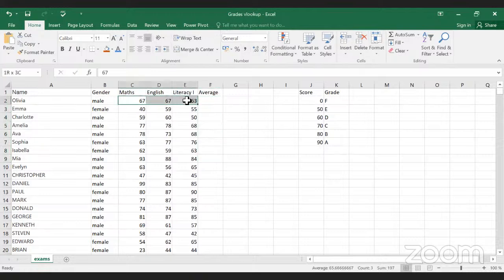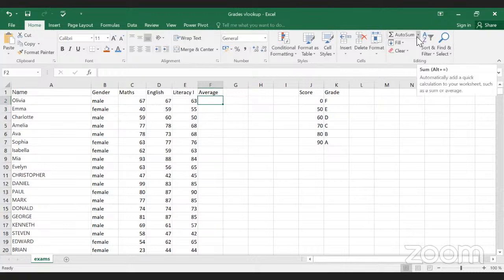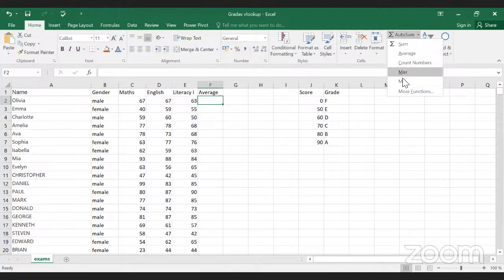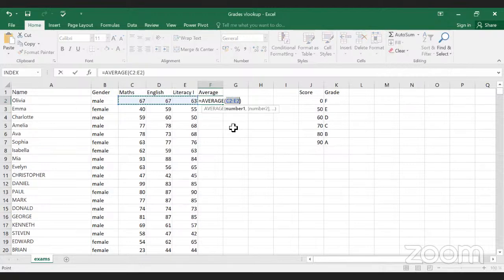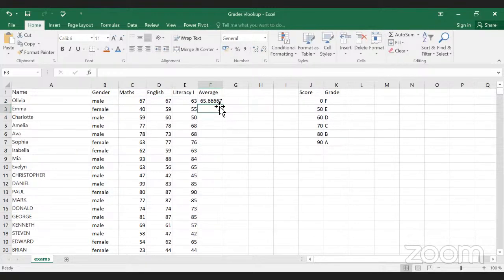Okay. Let me show you that too. So basically, we have this. We can do it in many different ways, but the most easy way is to work with the auto sum. But then we want the auto average here. We have the auto sum average count numbers, max, mean, and more functions. But then we want to just work with the auto average, and then we click enter. Now this will give me the auto average, the average of these three points of data,